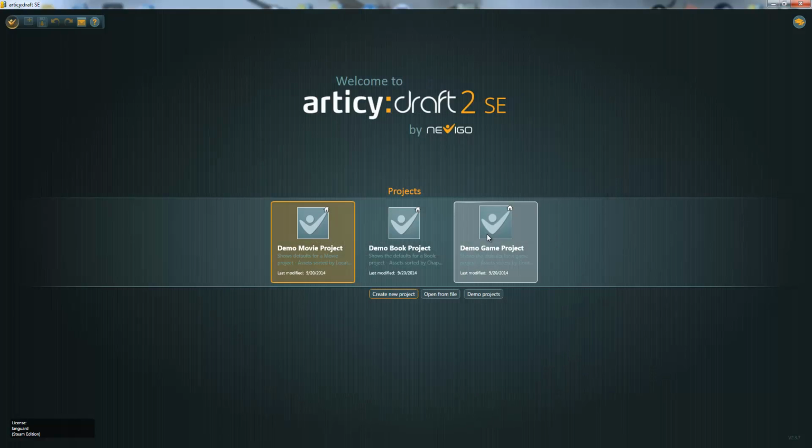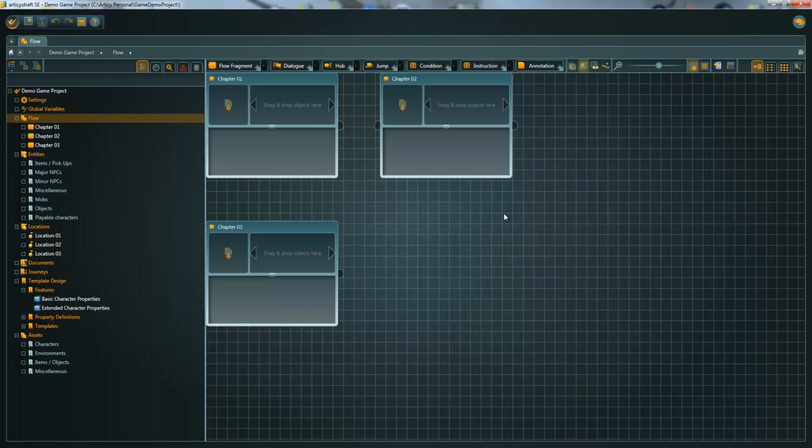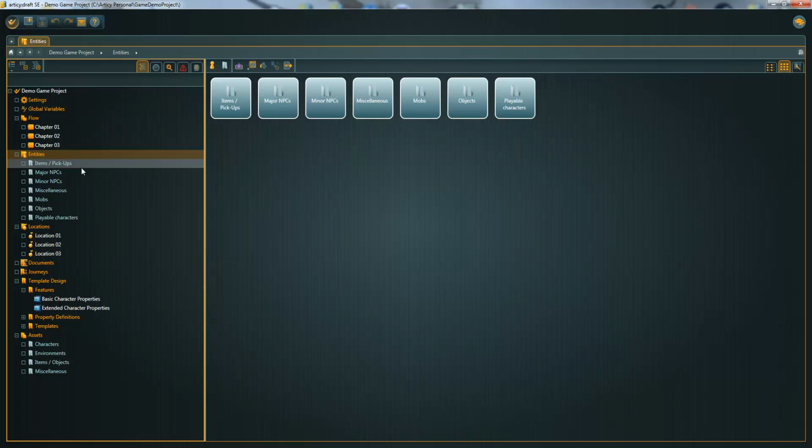First, let's take a look at a game demo project with assets sorted by content. In all of these examples, I created 3 chapters under flow and 3 locations for locations. If we look at the entities folder, we can see that we have categories that make reasonable sense for a game, digital or otherwise. We have items and pickups, major and minor NPCs, mobs,